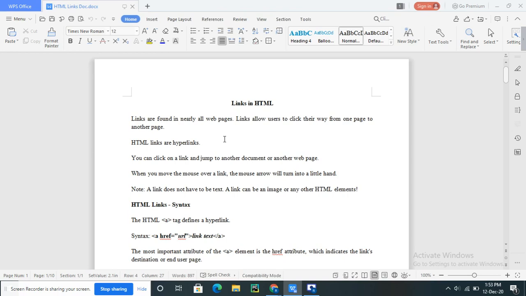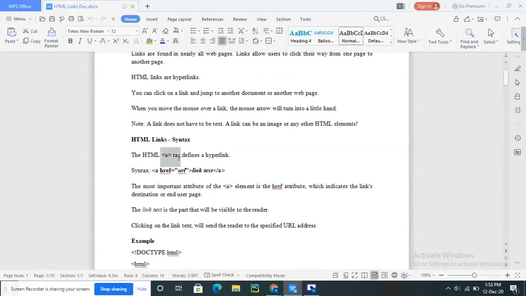First of all, to use a link we are using the anchor tag. The letter a is the name we are using for the anchor tag. The basic syntax is here, you can observe. A means this is the anchor tag and this is the href reference. When I provide a reference here, we can provide any URL, whichever URL you want to open, you can provide here. In between the opening and closing tags, whatever you want, you can display on the web page. Here, href is an attribute, and by using this attribute we are providing the link.